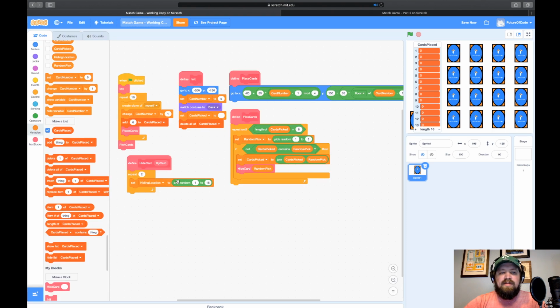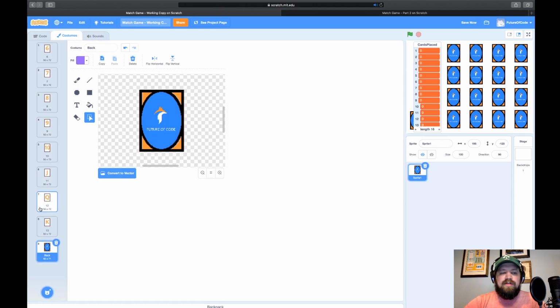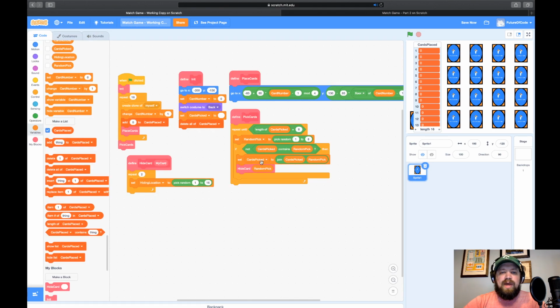And like I said last time, this is why we created the my card variable right here. So when we made this function, we made it to where it has a variable inside of it. And what we're doing is we're telling it, when we call the function, the random number we picked from 1 to 8, which represents our costumes here, we're just going to pass that number from this function over to this function so it can keep using it.